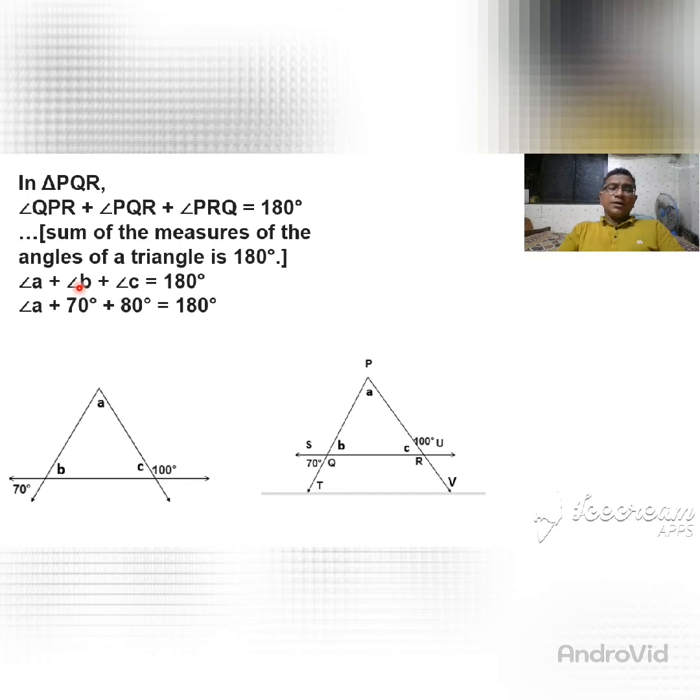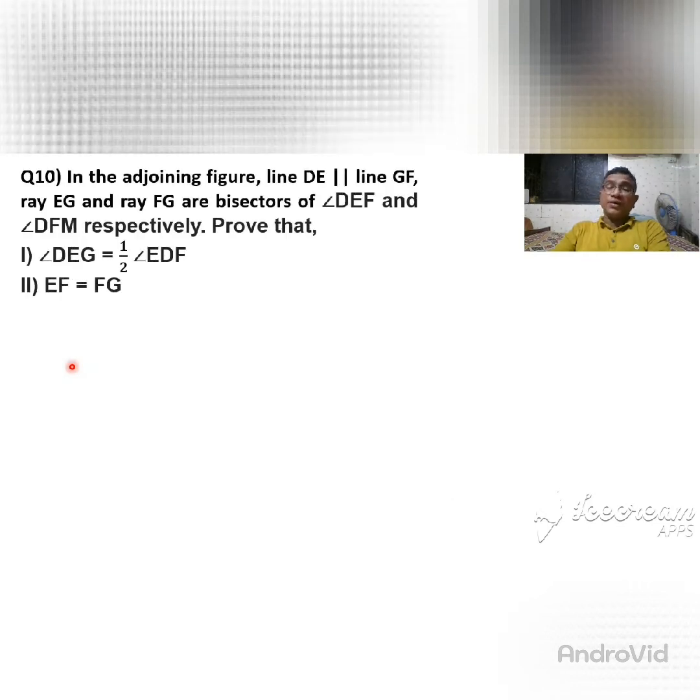Substitute this value here. B angle is 70 degrees, vertically opposite angle, so they are congruent. C angle is 80 degrees, linear pairs, so they are 80 degrees. 70 degrees plus 80 degrees, so that goes across: 180 remains as it is, plus 70 goes across minus 70, plus 80 goes across minus 80. 180 minus 70 is 110 degrees, 110 degrees minus 80, you are getting 30 degrees. So angle A is equal to 30 degrees. In such a way we are completing this problem also. I hope that all of the students understand it very well.